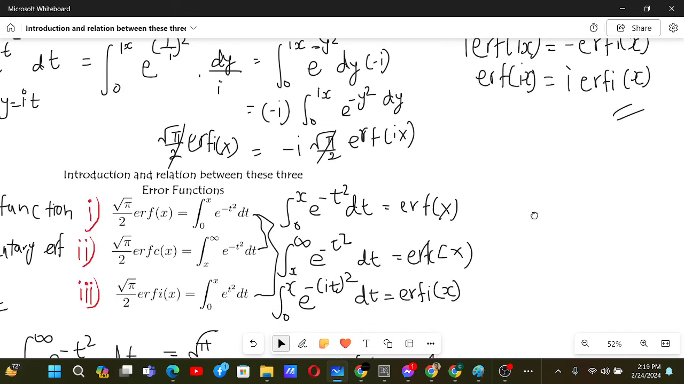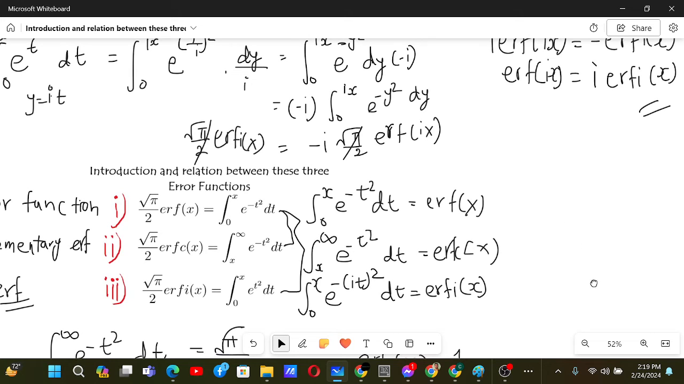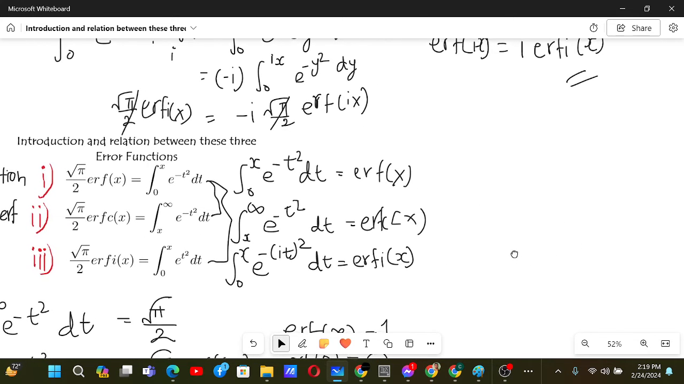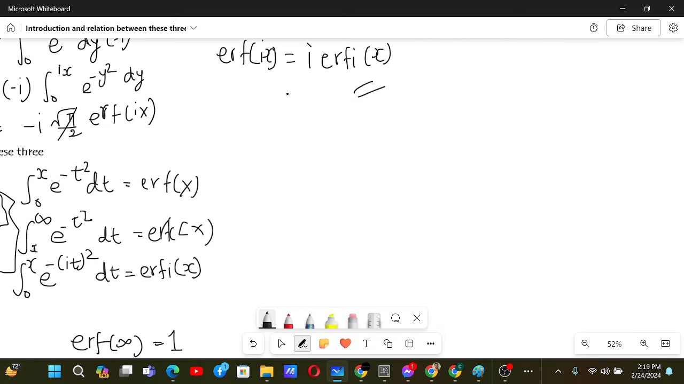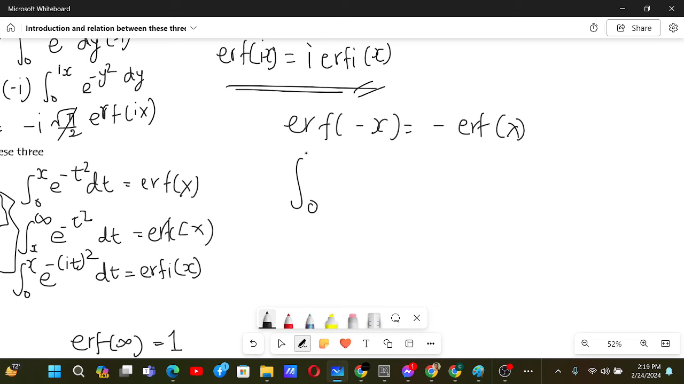So we have three nice relations now, and let me talk about one more property of our function that's really helpful. That is, erf of minus x is actually equal to minus erf x. That means it is an odd function, and for that we can start with the definition. This will be the integral from 0 to minus x, since here it's minus x, of e to the power minus t squared dt. Now since this is an even function,